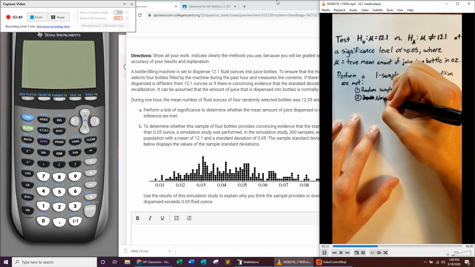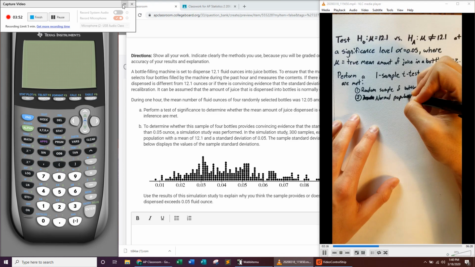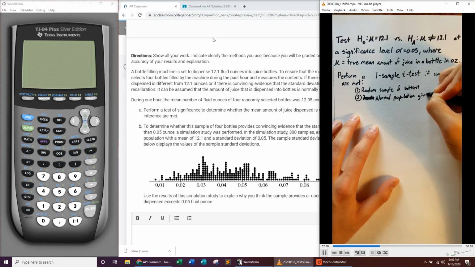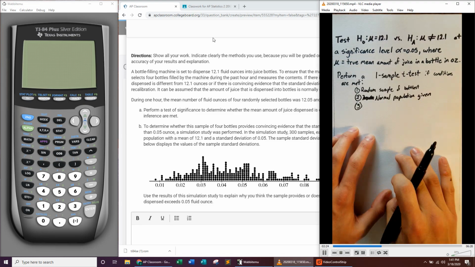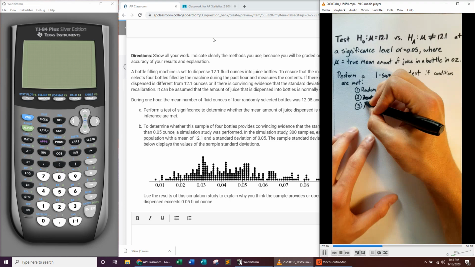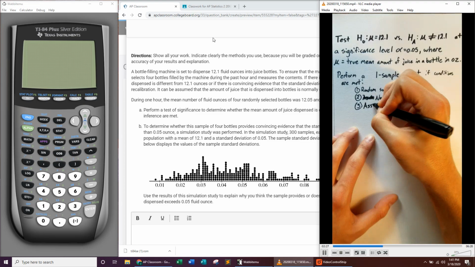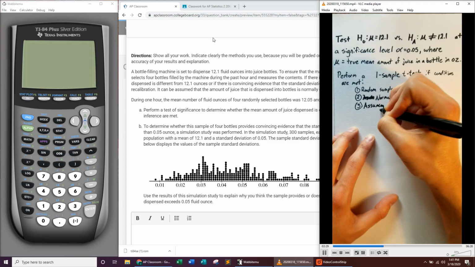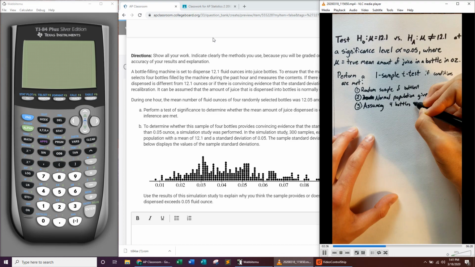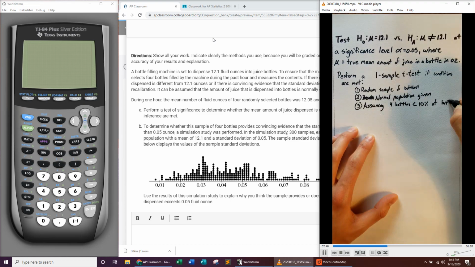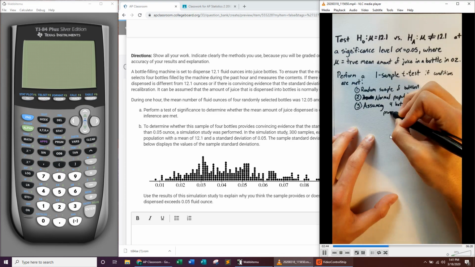Now the only one they don't tell us is the independence condition. So it doesn't seem like we truly have independence here because we're not selecting a bottle, measuring it, and then putting the bottle back into the population to be reselected. So we don't have replacement. However, we can ignore that independence as long as our sample is less than 10% of the total population. So we have to think about, is a sample of 4 bottles less than 10% of our population, being the bottles checked